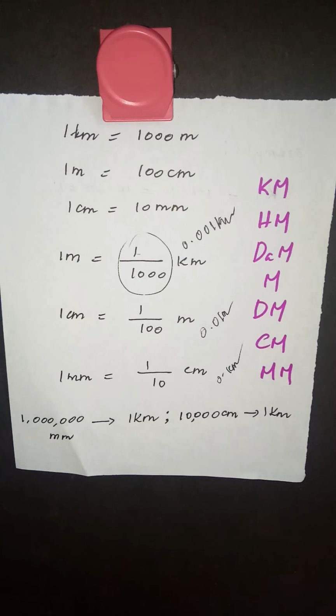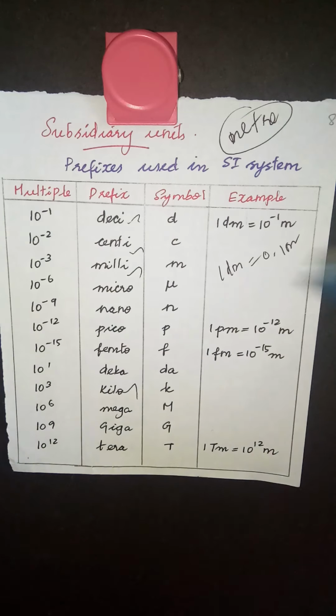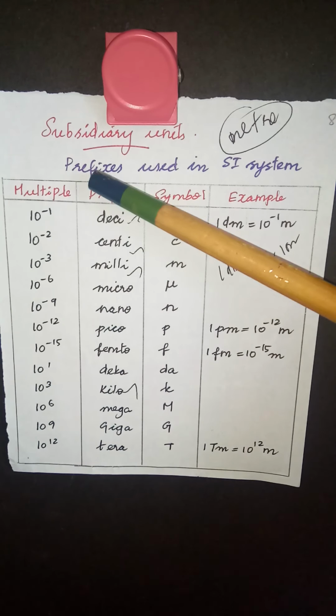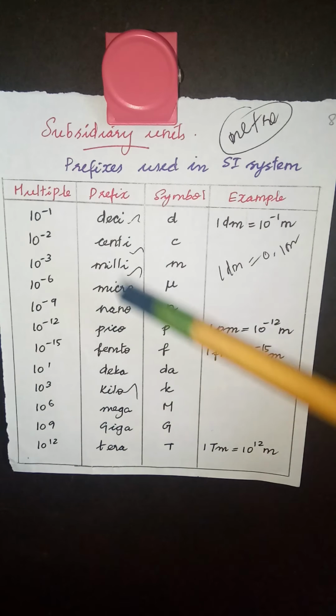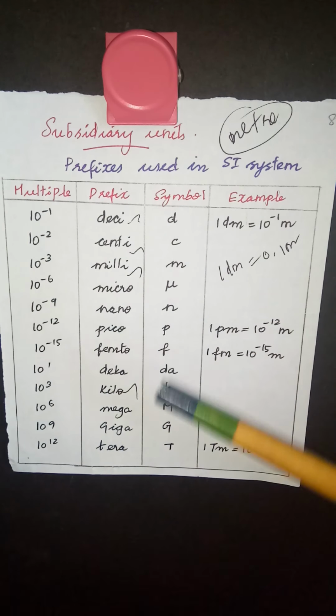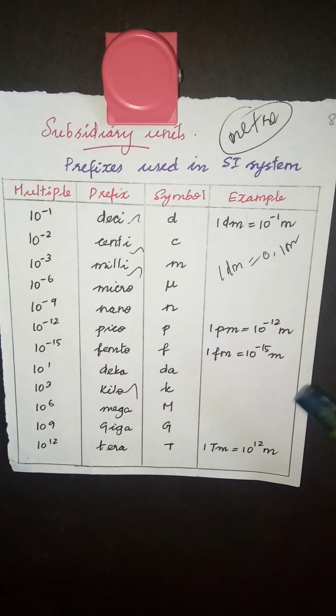I chose these subsidiary units because you're already familiar with them. Kilo, deci, centi, milli, you would have heard already in your lower classes. But these are not the only subsidiary units. I'm going to show you a few other subsidiary units that you would be using in higher classes. Now see the other subsidiary units, and we use a prefix. Deci, centi, milli, kilo, we have already seen. These are the other subsidiary units that you would be using in the SI system.